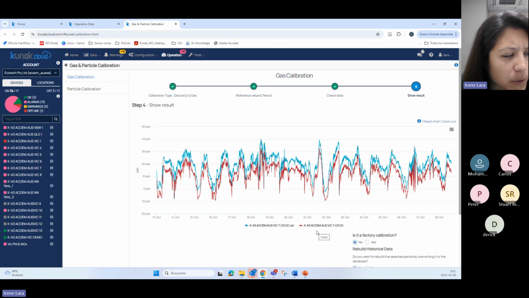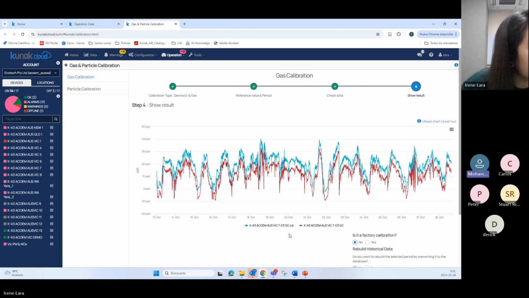Excuse me, can you repeat the question again? With ozone, we had other minimums, but they were not between 5 and 8 a.m. That's why you didn't select those for calibration. How about the other gas? Is there any criteria with the other gas to select? For the other gas,